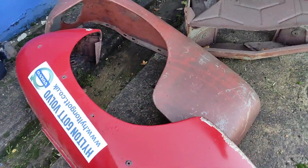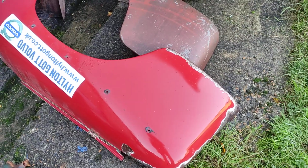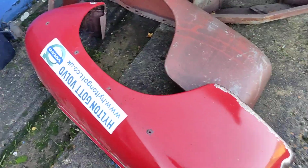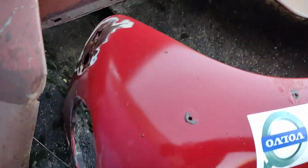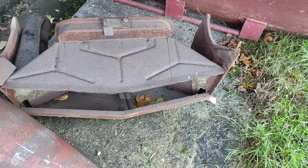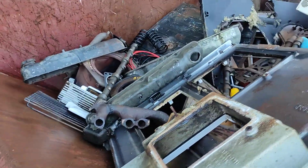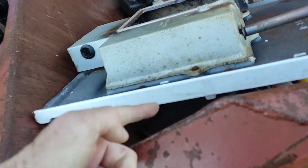which is quite nice. A pair of PV wings, which are eminently restorable. It's only the front end that's been slightly damaged in both cases. There we go there. Somebody started restoring this one, and then that one's just a bit crumpled, otherwise perfect. So a pair of PV wings, a PV scuttle, nose section there, and just a huge amount, including an entire